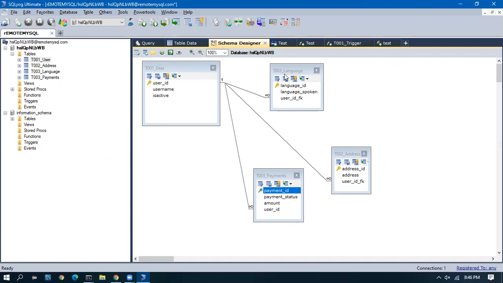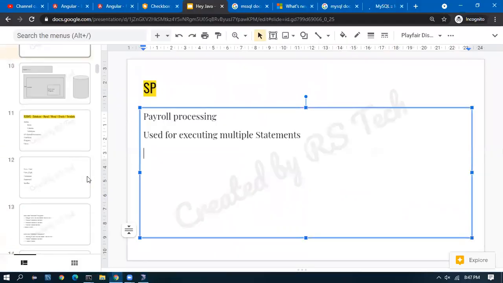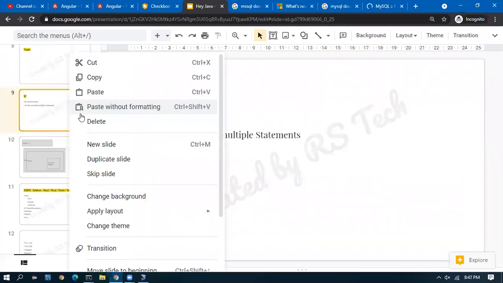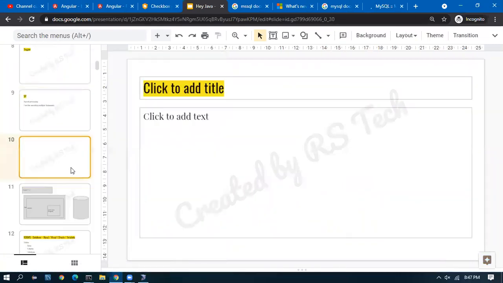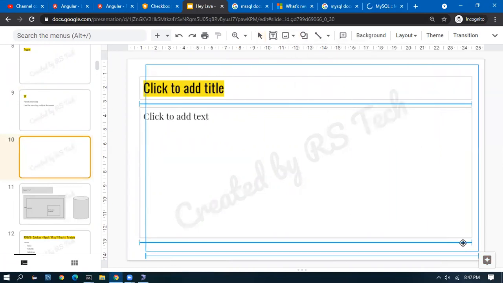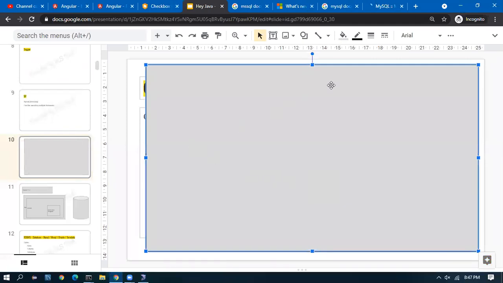So when we apply it on the Java side, what will happen? Let us take this scenario. I have a screen. Let us say I have a web page.